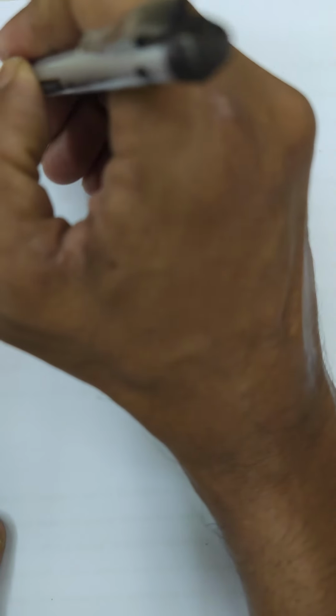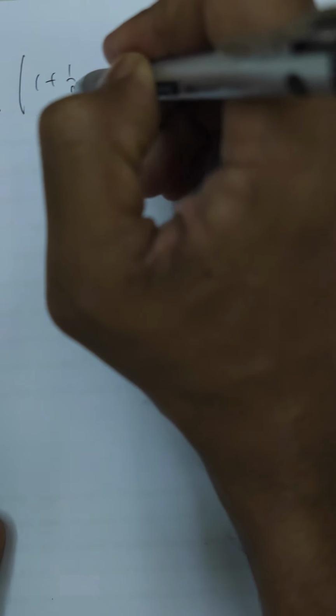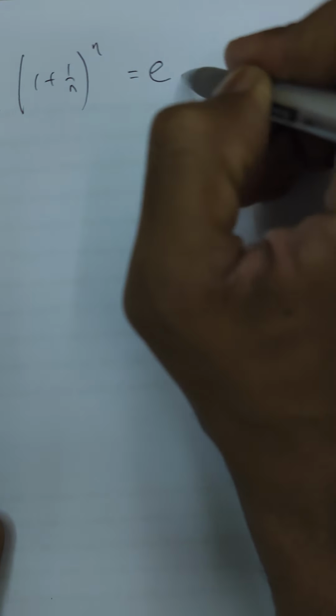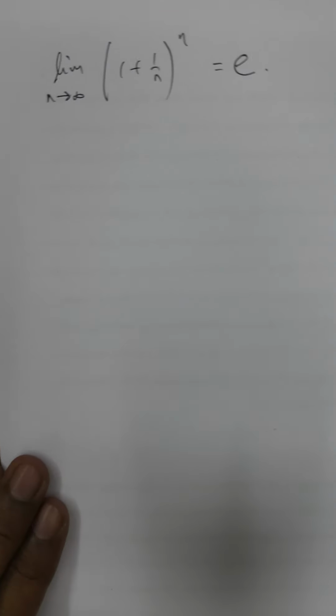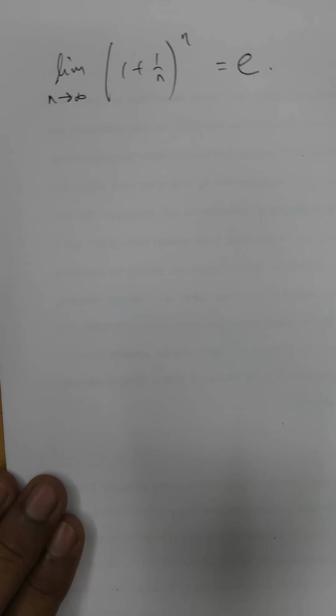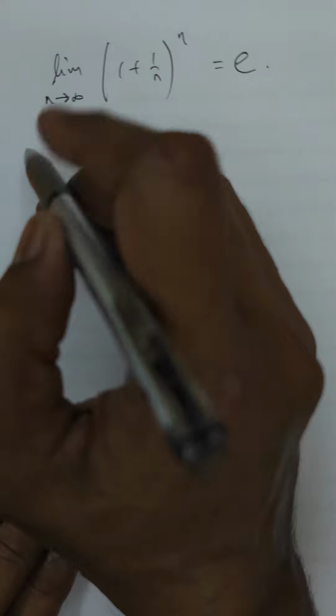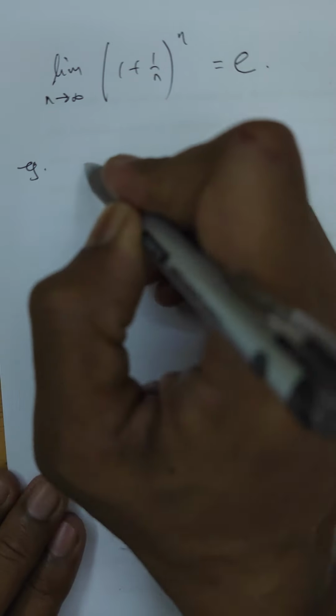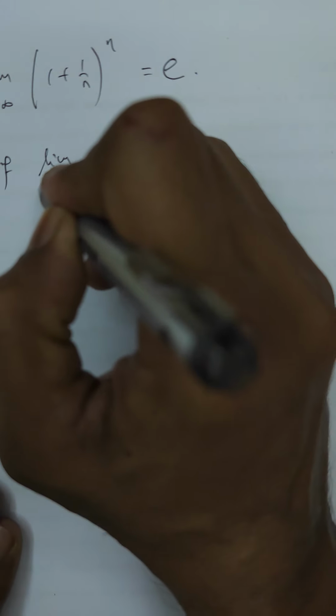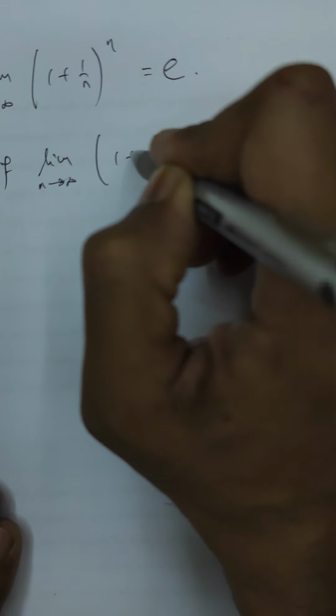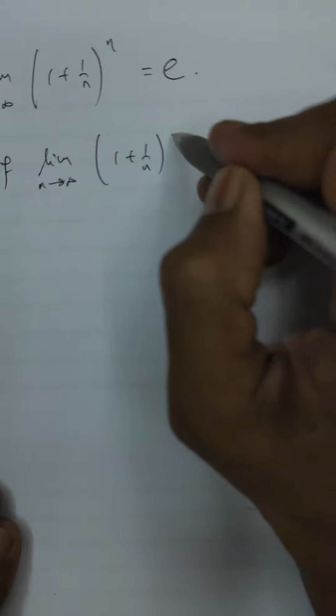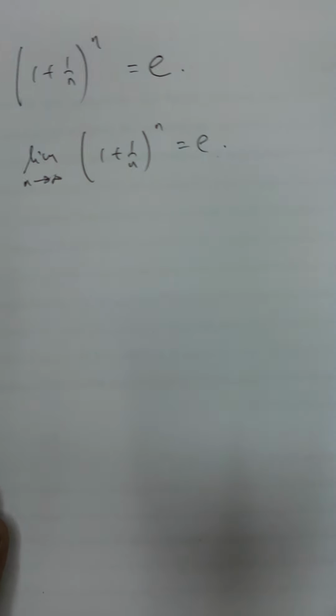Look at the example. Now bear in mind that we have the limit as n goes to infinity of (1 plus 1 over n) to the n. This is e. Now look at the example. Given that the limit as n goes to infinity of (1 plus 1 over n)^n equals e, show that